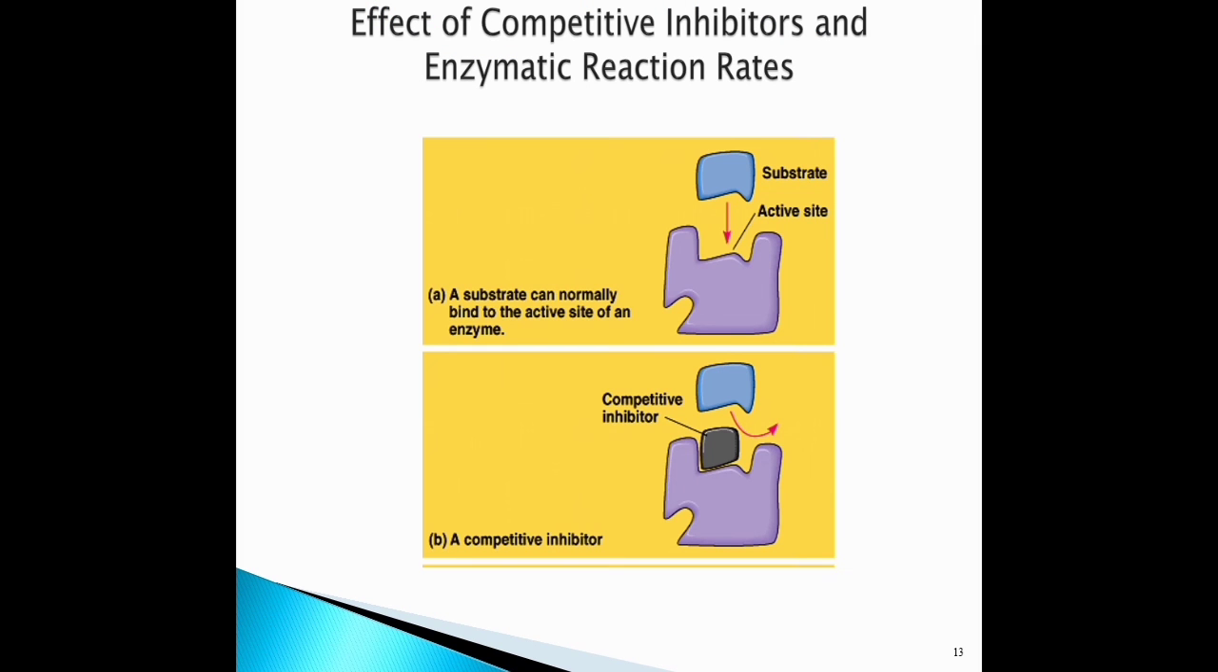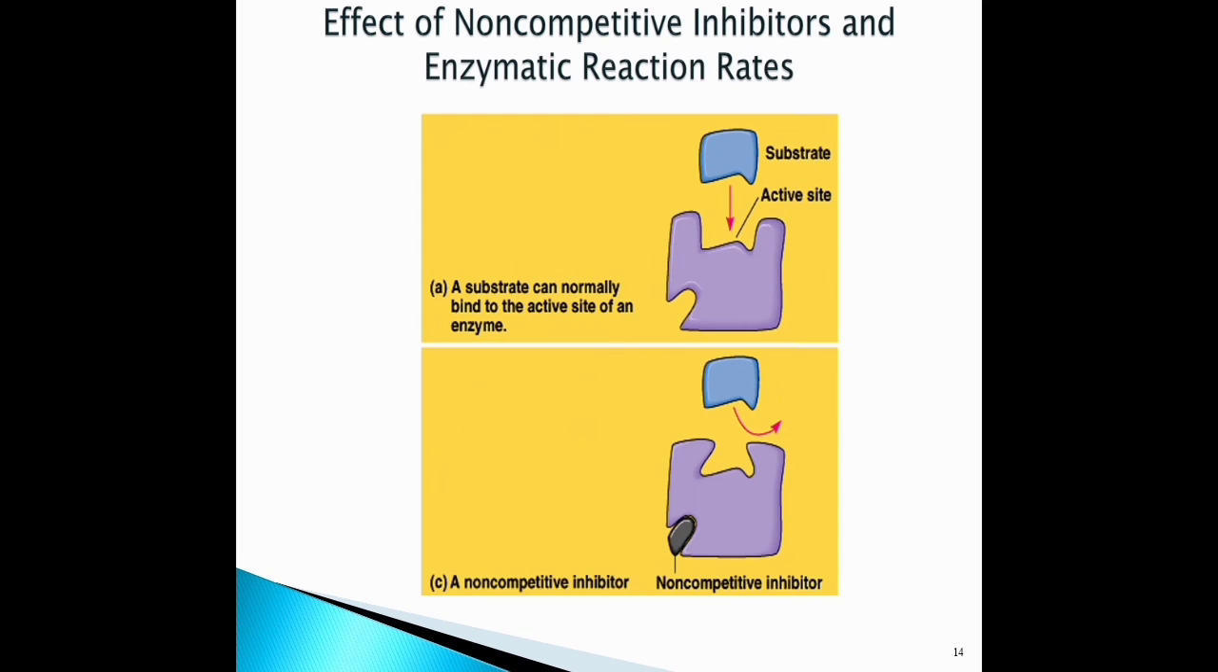Effect of competitive inhibitors on enzymatic reaction rates. A substrate can normally bind to the active site of an enzyme. Substrate and active site. Competitive inhibitor: a competitive inhibitor is formed. Effect of non-competitive inhibitors on enzymatic reaction rates. A substrate can normally bind to the active site of an enzyme. A non-competitive